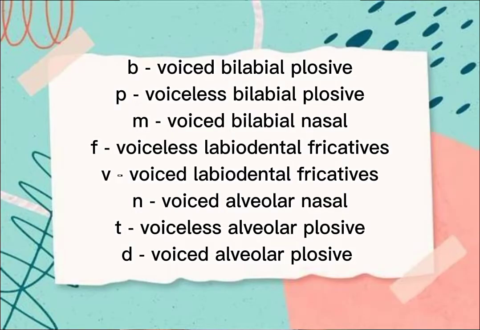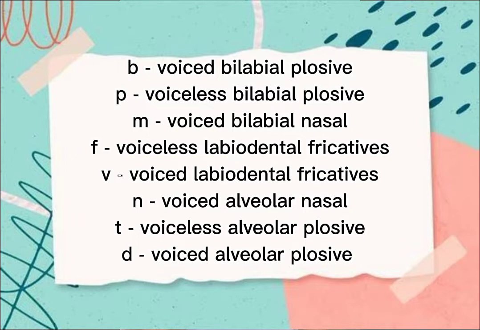Next is the Romanian consonants and their articulation. The voiced bilabial plosive B, the voiceless bilabial plosive P, and the voiced bilabial nasal M, voiceless labiodental fricatives F, and the voiced labiodental fricatives V, and the voiced alveolar nasal N,